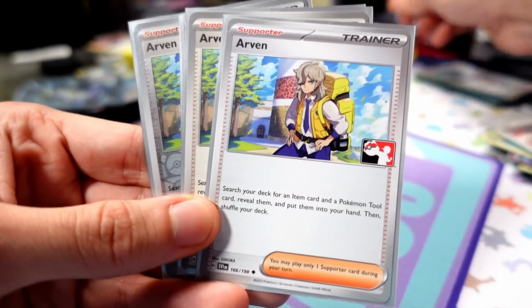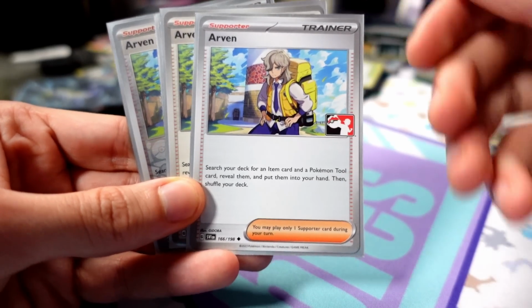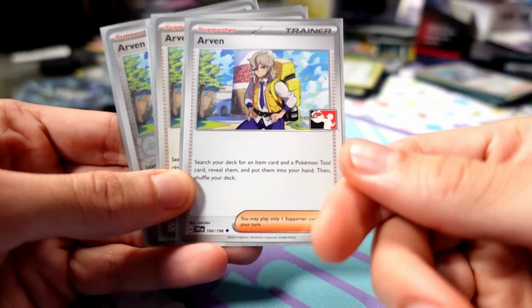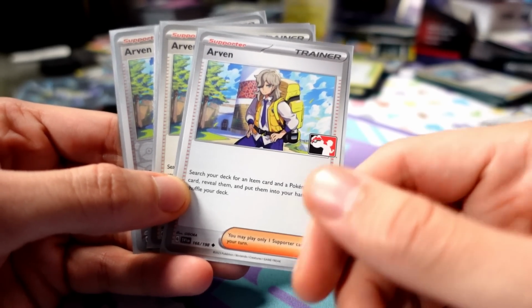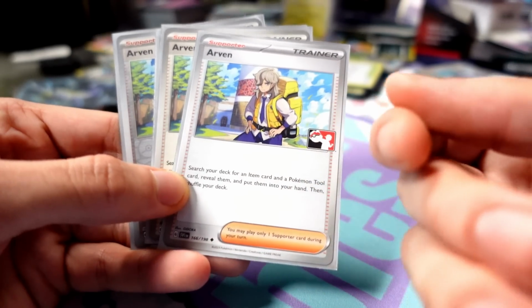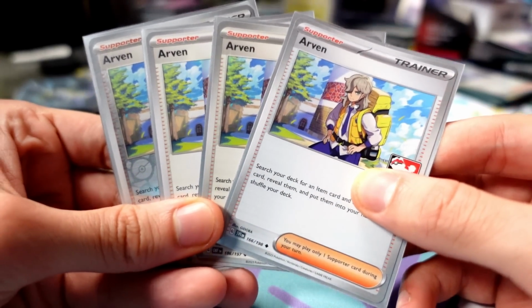If you're down to a solo Thorns, you can grab a Techno Radar. If you're missing a Lightning Energy, you grab an Earthen Vessel. If you're missing a Double Turbo Energy, you grab Energy Loto. If you want to Lost Vacuum away your opponent's tool, well, you grab Lost Vacuum. Arven lets you play the game and be as controlling as you can be. Now, if you could play a 5th